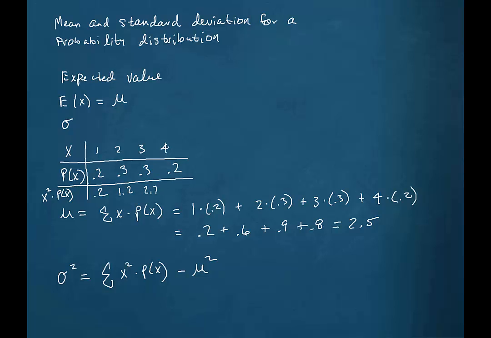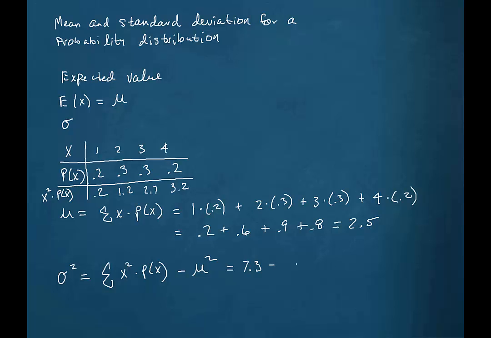And 4 squared is 16 times 0.2 is 3.2. So this value then is going to be the sum of all of these values, which is going to be 7.3